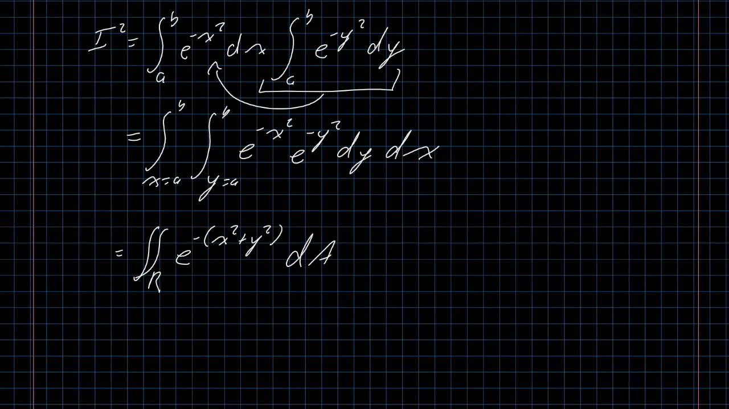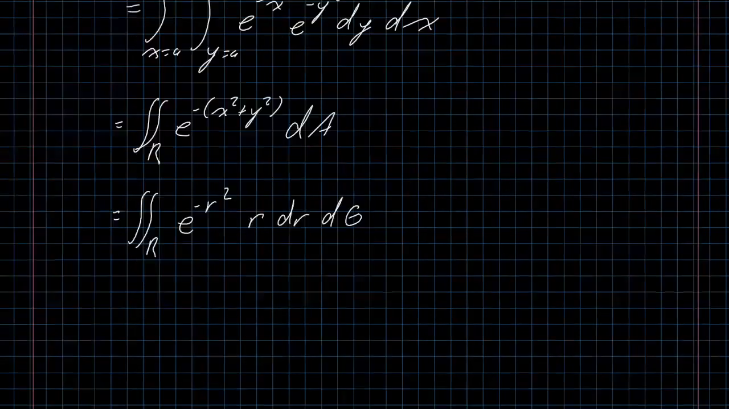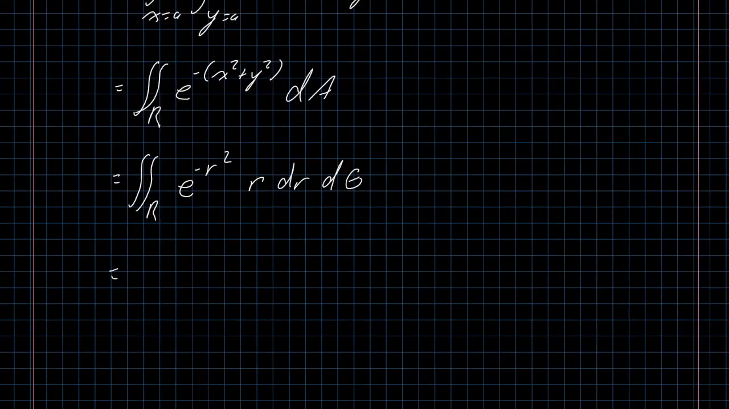And now we start to notice, wait a second here, I have an x squared plus y squared. That's the same thing as r squared. I can change this into polar coordinates, and then my dA is r dr d theta. And because I have this extra r here,